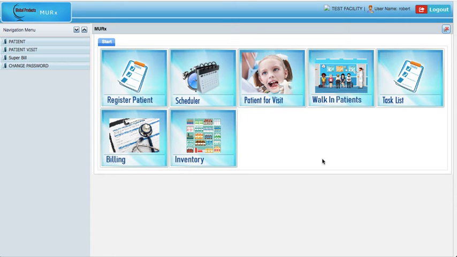In MURX EHR, a list of patients for the current day and date to whom appointments have been given, and walk-in patients, can be viewed by clicking on patient for visit. So when we click on patient for visit,